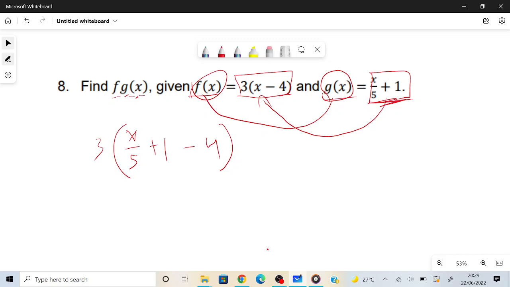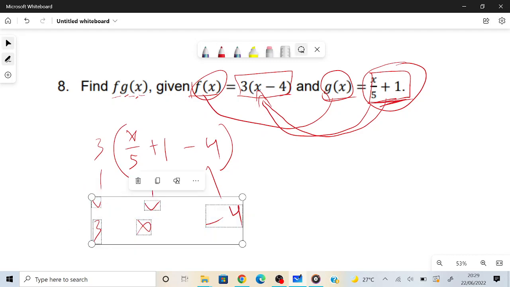Now, it may look confusing, but just pay a little bit of attention here. What I've done is that I've taken this x over 5 plus 1 and replaced it with x. So I've kept f of x in the same format. This is still your 3, this is still your minus 4, but my x has changed to x over 5 plus 1. And this is because that is our g of x, and we're just putting that g of x over here. So this eventually becomes our new x. So, continuing to solve the question,